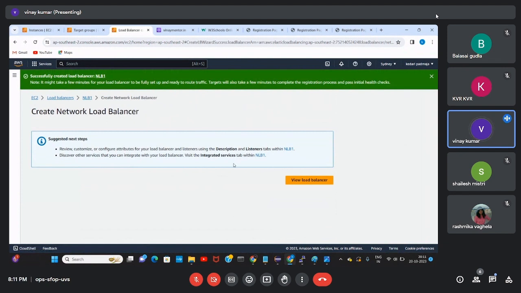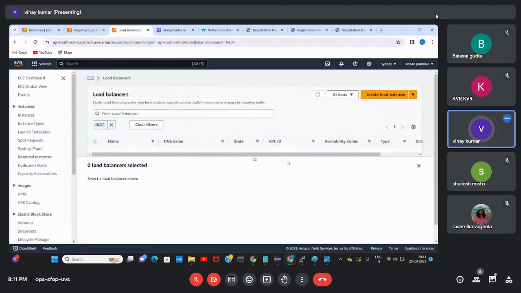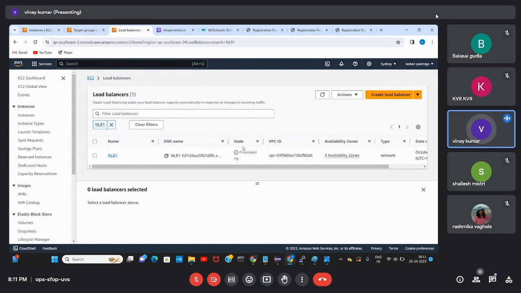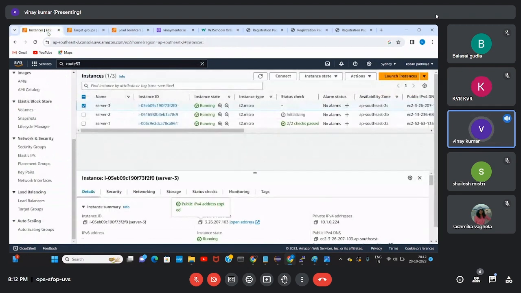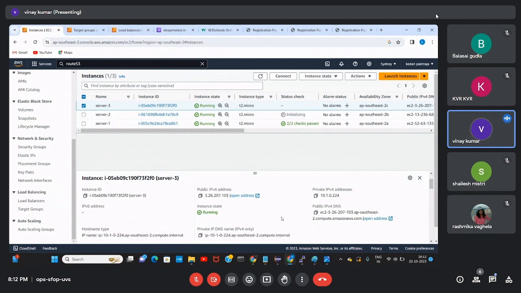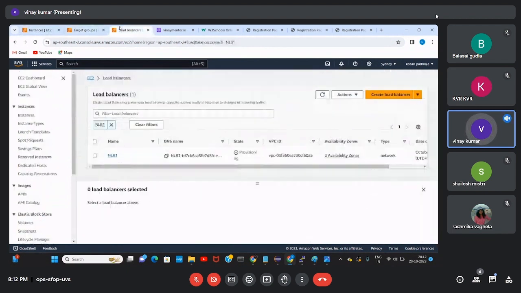Now it will take a few minutes to come into active state. We need to wait. And this load balancer will get one DNS, like our server has a public IP and one DNS, right? Similarly, this load balancer will also get one DNS. You need to wait until it comes to active state.